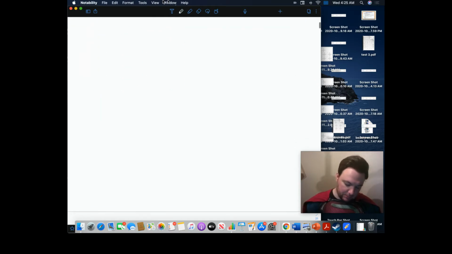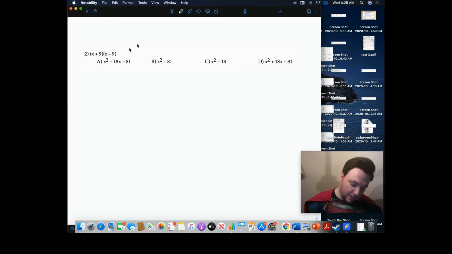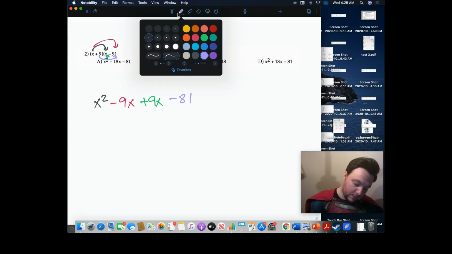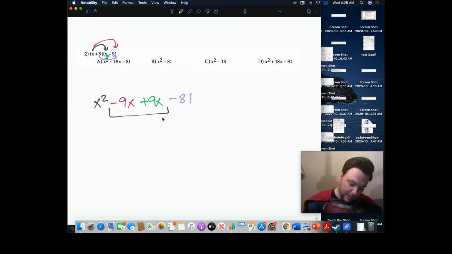Okay, let's keep going. Next up, we're given x plus 9 times x minus 9. Now, again, we're just going to FOIL. But what you're going to notice is that when you FOIL this one out, the middle two terms match up. And if the middle two terms match up, that means they go away and leave me with x squared minus